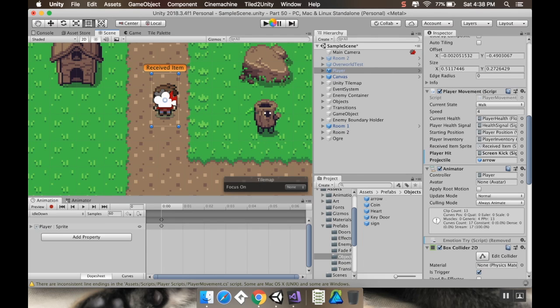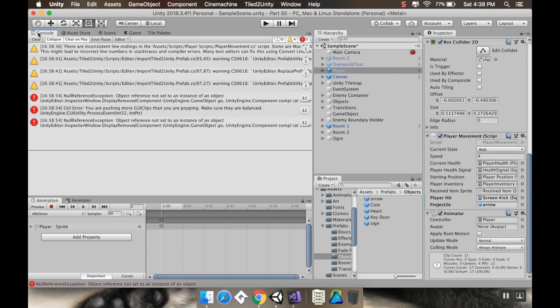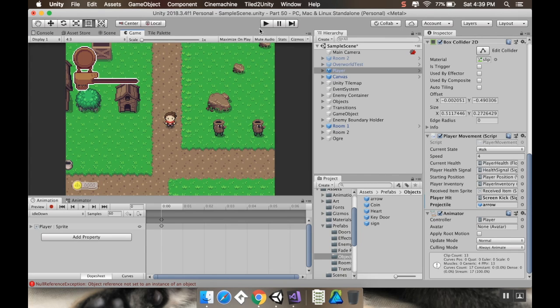I'm going to hit play here in just a second once it's done recompiling. All right, what is that null reference exception error for? Inspector window. Oh, it's one of the weird Unity errors that you get sometimes. All right, cool. So let's hit play